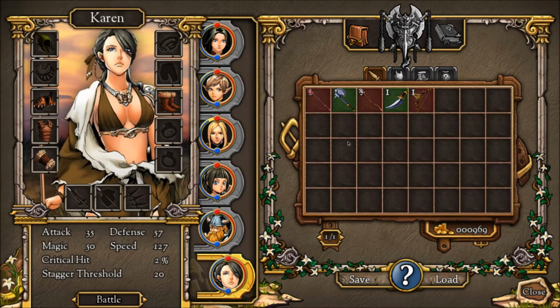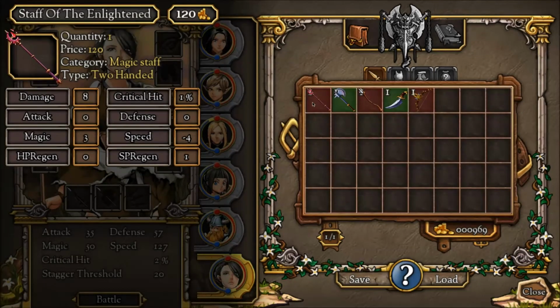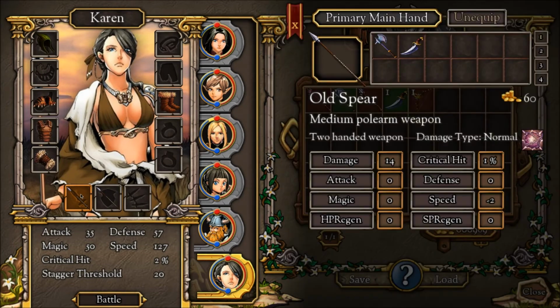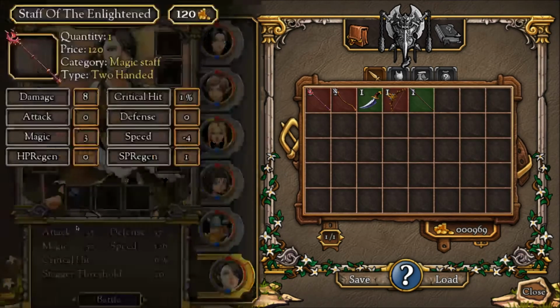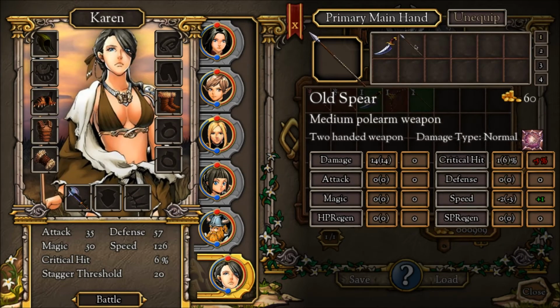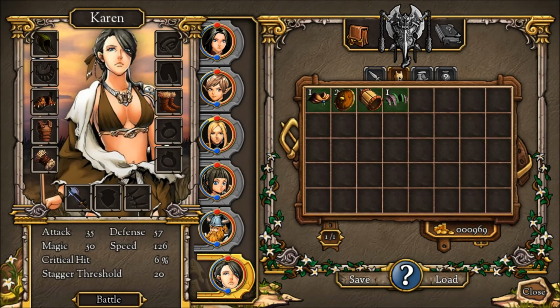Inventory. Where do we have all the stuff from? Staff of the Enlightened, okay. Do you have here a spear? Old spear. That's not very impressive. On the other hand, standard eggs. Even less speed. Keep the old spear. You could need some...